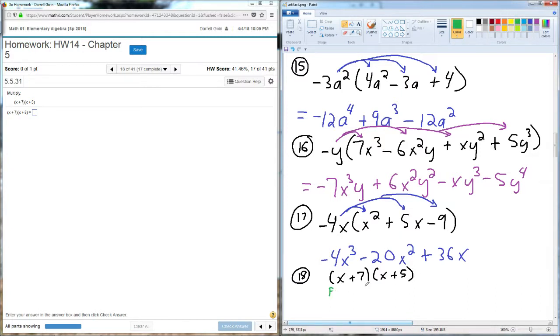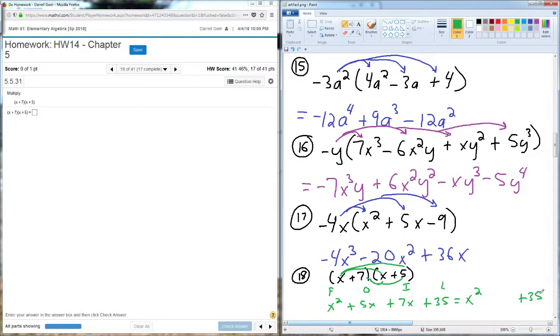We're in F, O, I, L. The first two, or the front two, is x times x. X times x is x squared. The outer two is x times 5, or 5 times x. The inner two is 7 times x. There we go. And the last two is 7 times 5, which is 35. It is not done